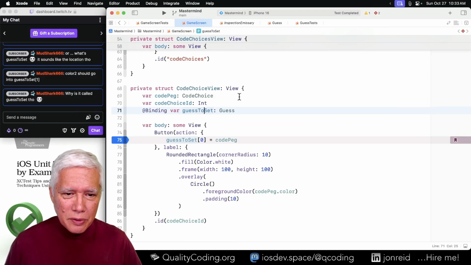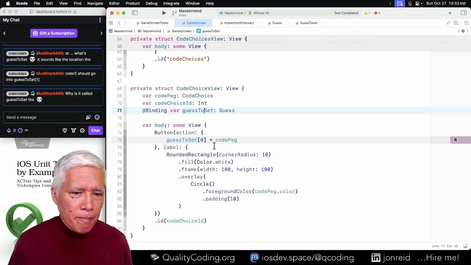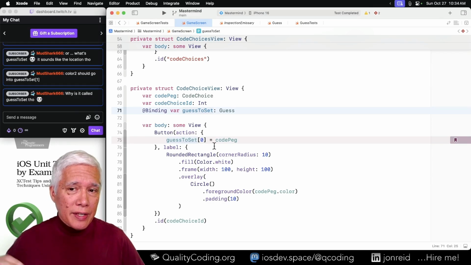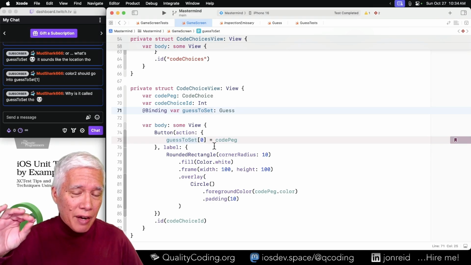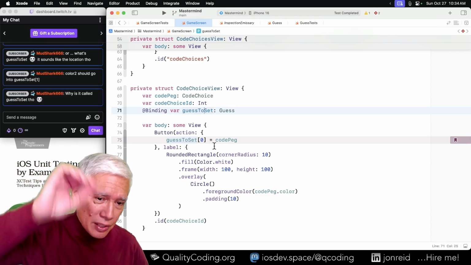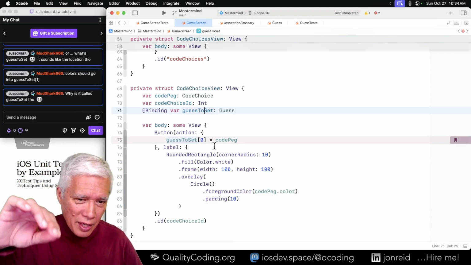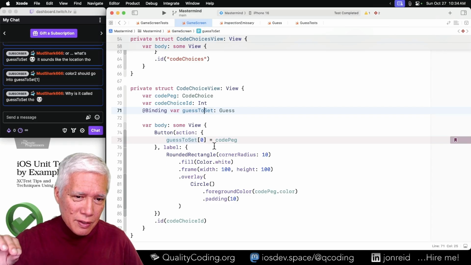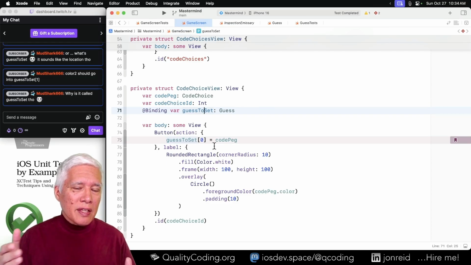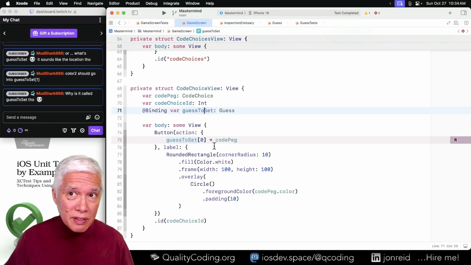Now, because we don't yet have the ability to select a location, it's just going to fill up in order. So let's put the guess in the next empty slot.